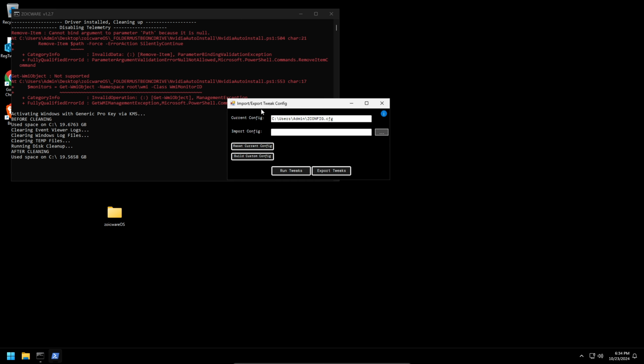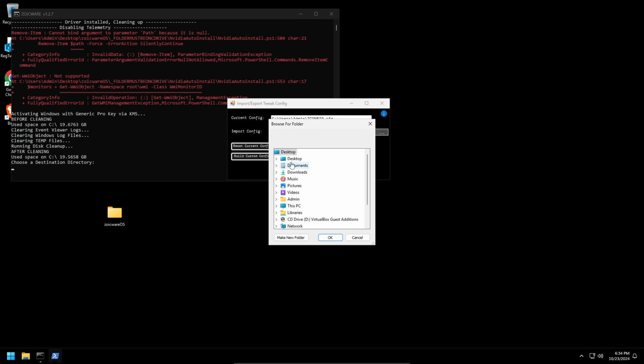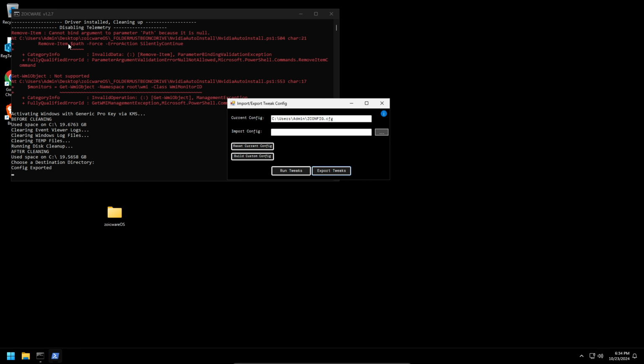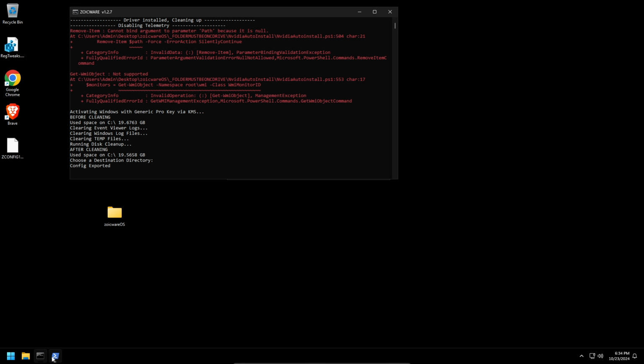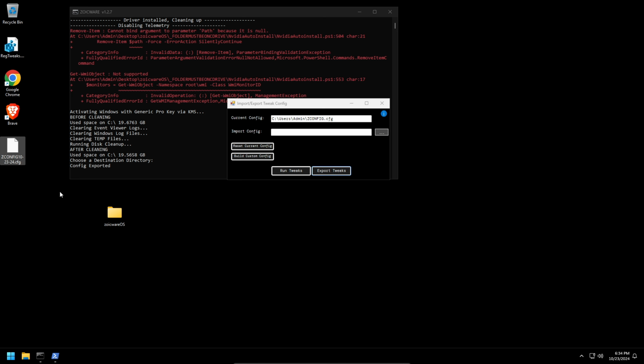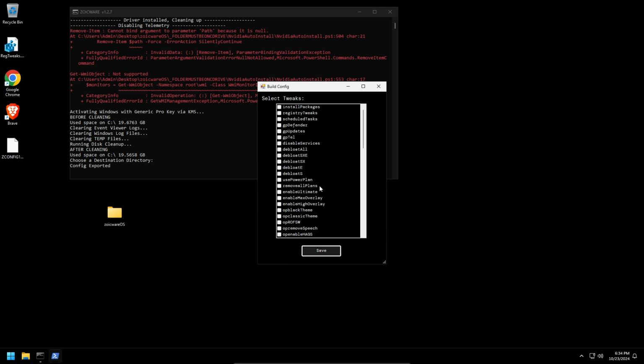Here you can export all the settings that you chose. So if we do export tweaks, we can choose the desktop, and that will just create a config of all the options that we ended up choosing, also with the day's date. And then if you don't want to go through all those options, you can just go into here, and they may not be the most descriptive names because these are the function parameters, but anyways, you can go and make your own config